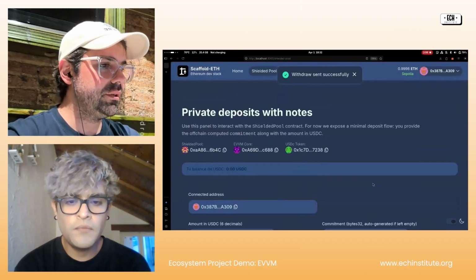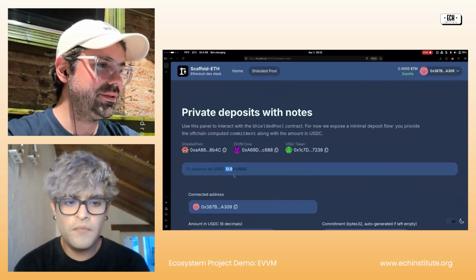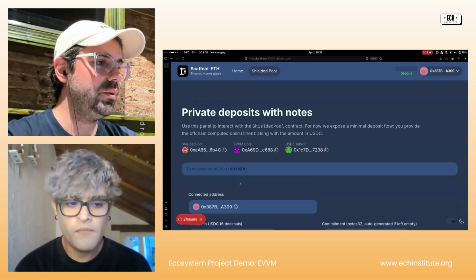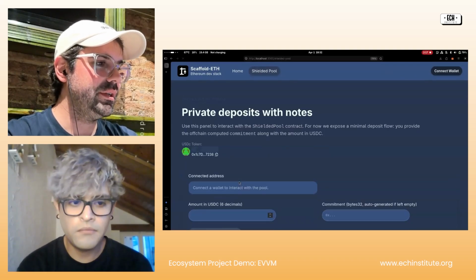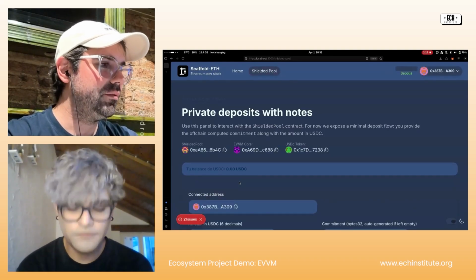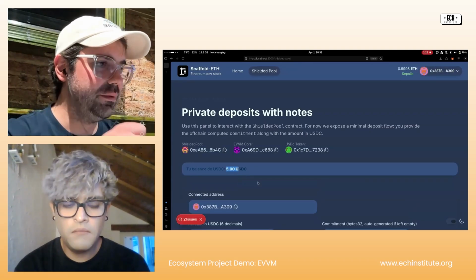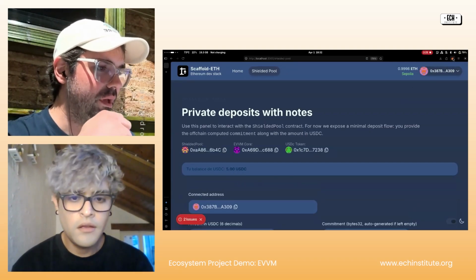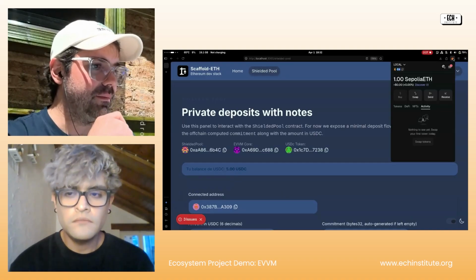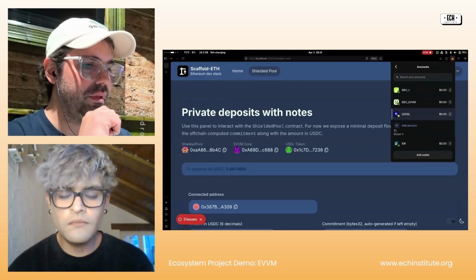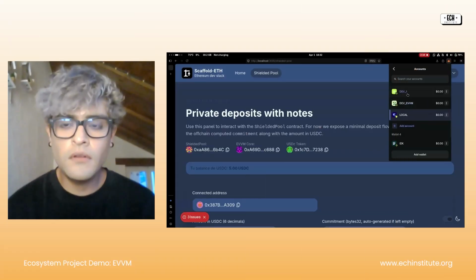It's important to note that all the transactions, as you've seen, were abstracted because the UI was only asking for signatures, but never for a transaction on chain. And this is one of the capabilities that the EVVM brings to the whole ecosystem on the EVM. The user doesn't need to transact with the blockchain itself anymore. Exactly.